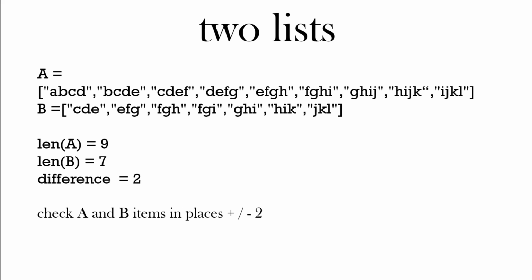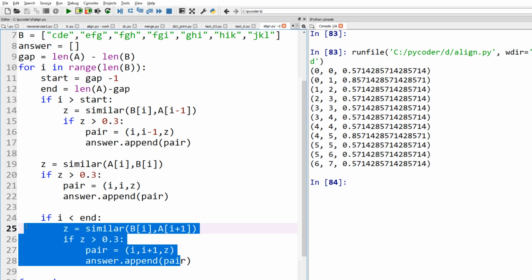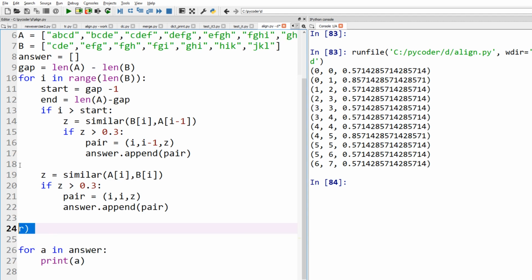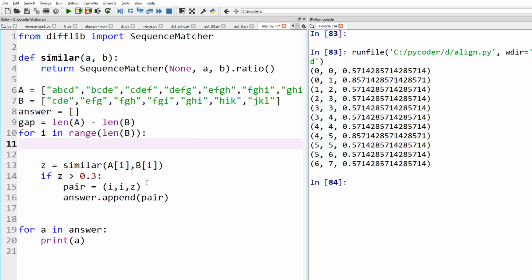So let's look at our code initially with the same list we had previously. Let's go back to our code. Now this time we can't just use +1 and -1. We don't know how much the difference of the gap is. So we need to use the loop of the smallest list, and also we need an inner loop going through the difference. So for example, -1 the same +1, or -2 -1 the same +1 +2. So we've got the gap, the minus the gap, to the gap,